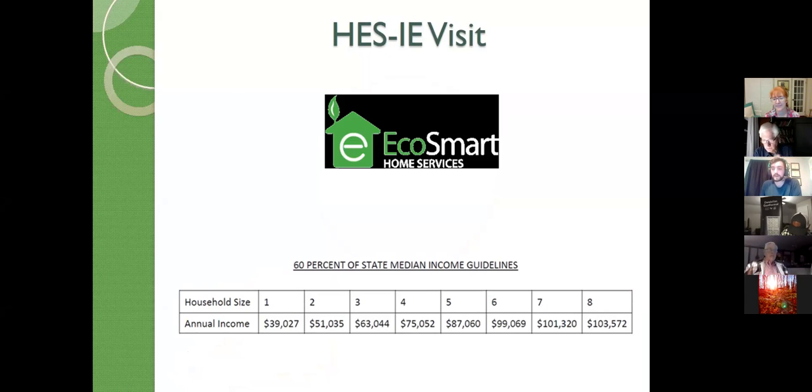Absolutely. In a lot of cases, the tenants are obviously the ones living there, so they're affected by the comfort and the drafts and things like that. But in many cases, they're also the ones paying the utilities, so they'll directly benefit in that way as well. As the landlord, of course, you benefit from value added to the property, whatever it may be, triple pane windows, and everyone benefits, of course, from the reduction in emissions and